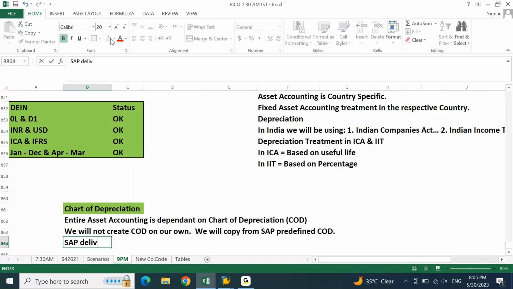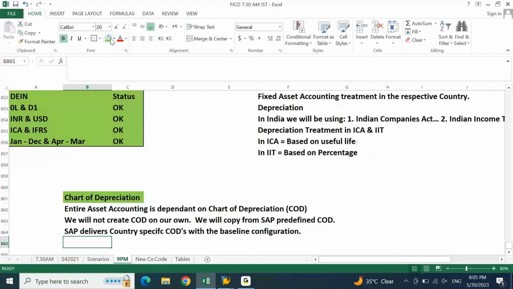SAP delivers country specific CODs with the baseline configuration.